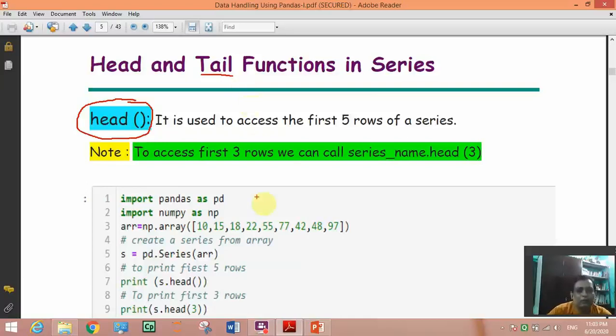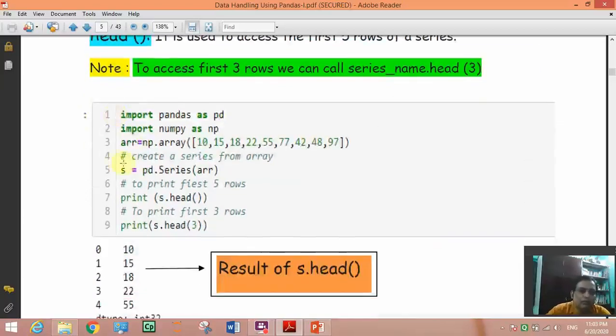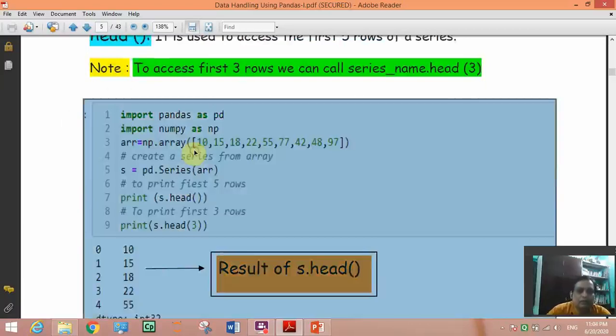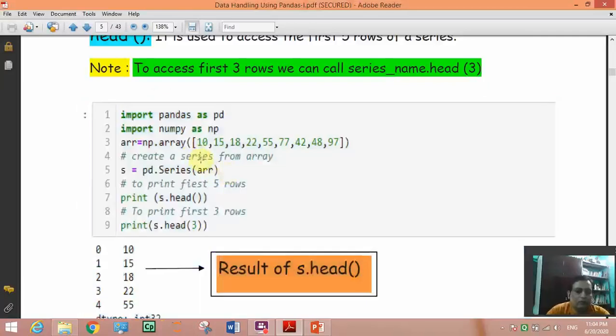It is not a big thing, just create any array like you created in the previous example and convert it into a series. Then s dot head means how much it will give.